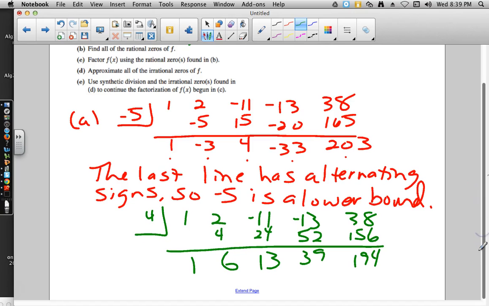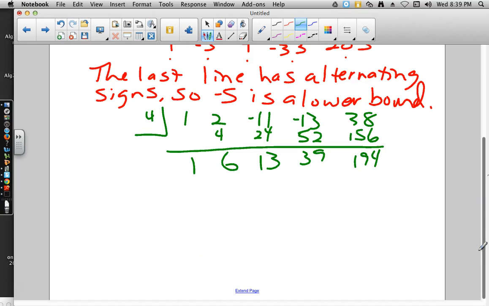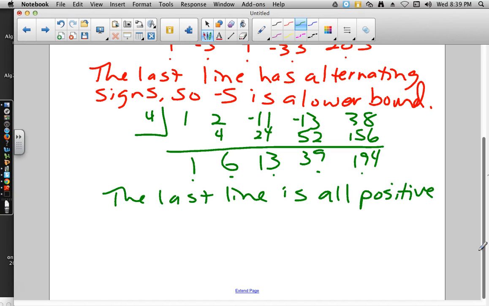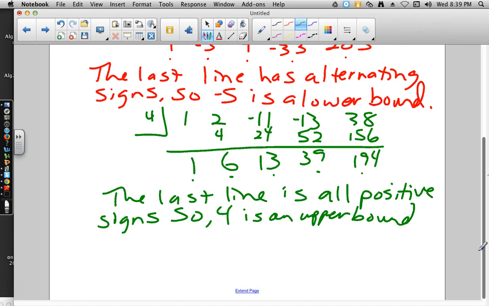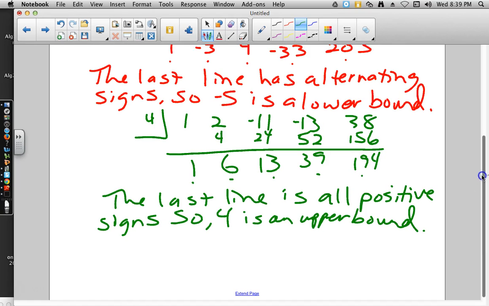The numbers are important just because what they do is they lead us to the signs that we can see here. And we can see that every single one of these is positive. And again, all it has to be is non-negative. So zeros and positives are good. But in this one, we can say the last line is all positive signs. So 4 is an upper bound. That's what we were looking for. We were trying to make sure that we could see those. All right, now,